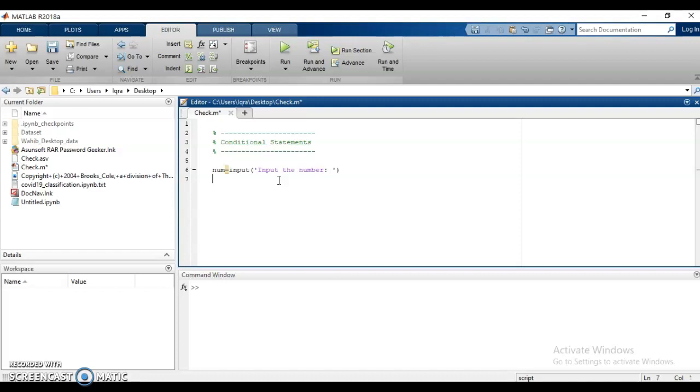Okay, so when the user inputs the number, we are going to see the number and then we are going to check it. And the keyword for using the if else condition is if num is greater than 0, we have to check if it is positive, if it is negative, and if it is 0. So if the num is greater than 0, we are simply going to display. You can do any other task inside the body of the if, but here we are going to simply display, just for the understanding, that the number is, let's say, greater than 0, or we can say the number is positive.